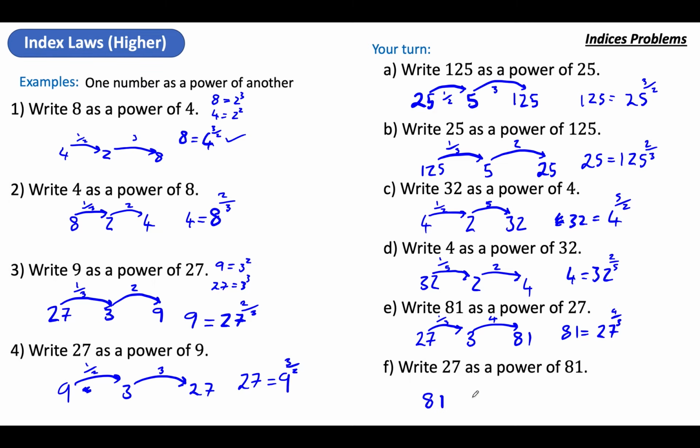Right, 27 as a power of 81. 81 is the one we want to have the power of. The common number is 3 again, and we want to get back up to 27. So 3 to the power of 4 is 81, so it's the 4th root. It's 1/4. And then we are going to cube it. That's the power of 3 to get back up to 27. Right, so put those two things together. 27 equals 81 to the power of